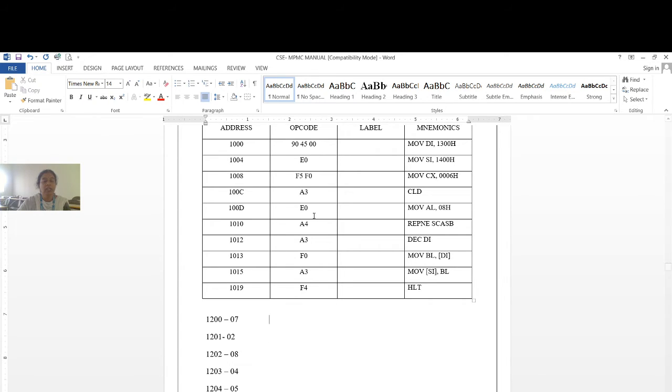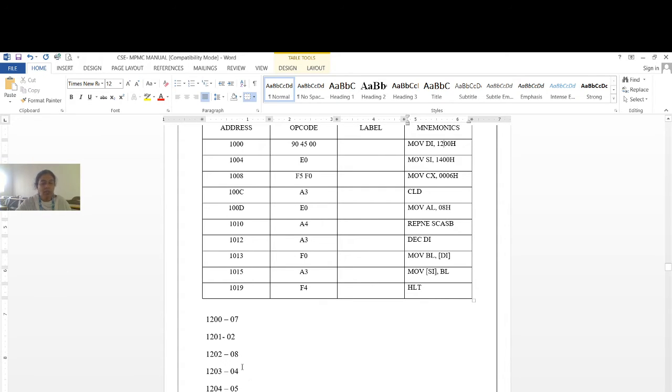That means we will provide one input character and we are going to search whether that character is available in the array or not. So here, MOV DI, 1300. As I told you, the destination is pointed by the destination register, and the source is pointed by the source register. In this case, we give one string as an input, that is our source. Our destination is where your series of numbers are stored. For example, MOV DI, 1200. In this, these numbers are stored.